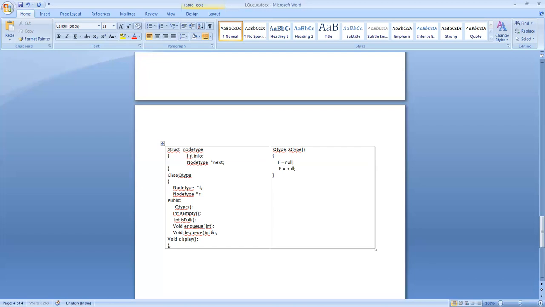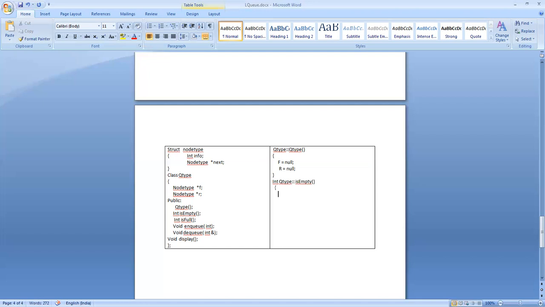Okay, int is empty is available in the class queue type. Then when do you say the queue is empty? You can check if the front is pointing to null, then you can very well say that the queue is empty. No need to check whether the rear is also null.